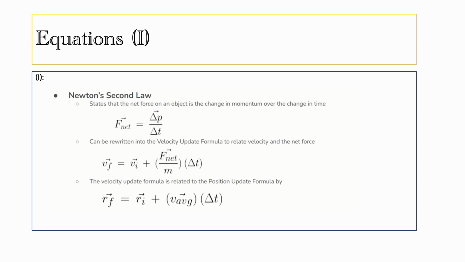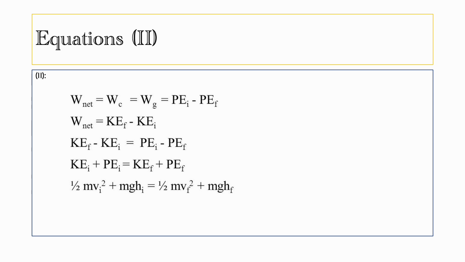So the equations used were also talked about by the principles. So we have Newton's second law. Here are more equations, where this one is about the net work, which is equal to the change in potential energy, and net work is also equal to the change in kinetic energy. Therefore, the change in kinetic energy is equal to the change in potential energy, and therefore the energy is conserved